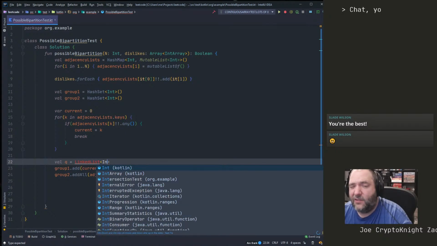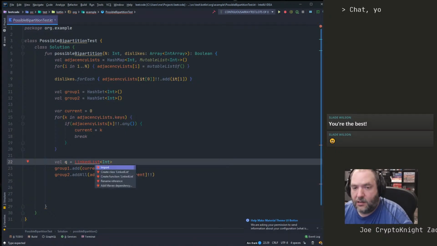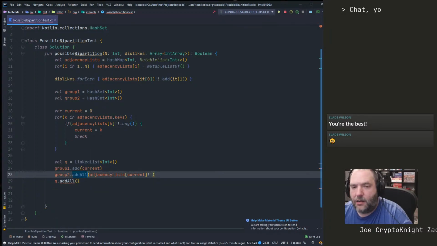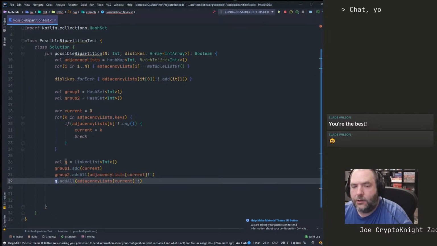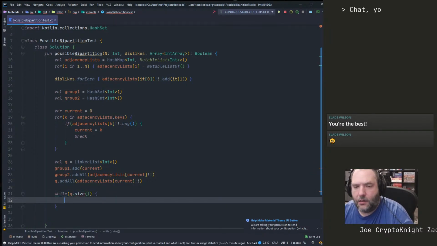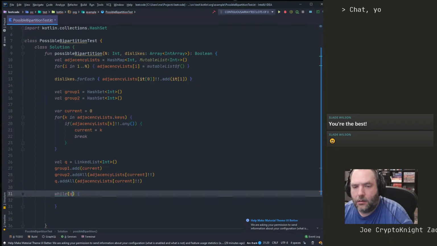It's going to be queue of integers. So we will add. Is there an add all? Yes. We will add all our items from here to our queue. And then while queue has anything left in it, there's anything left in queue,